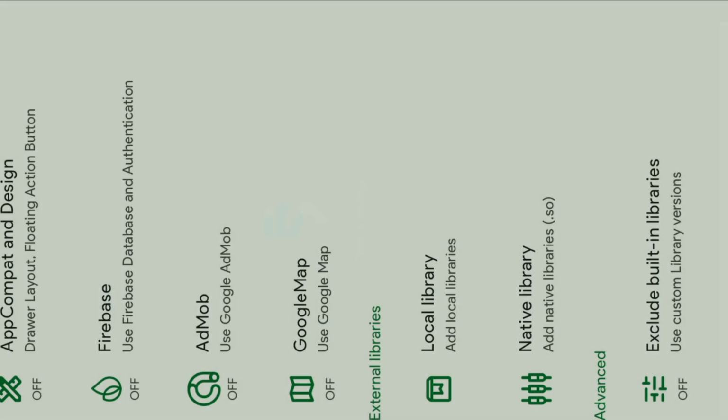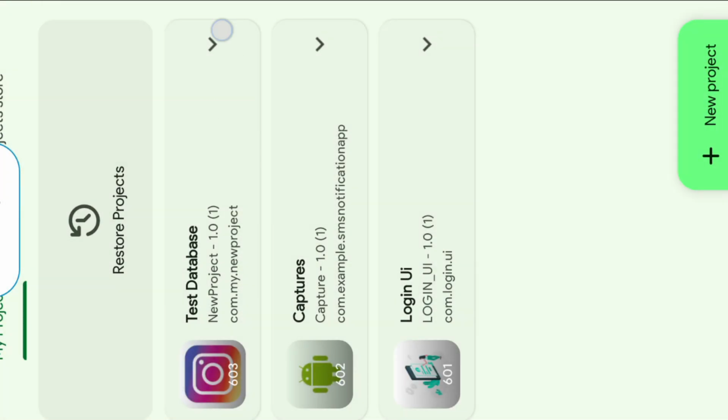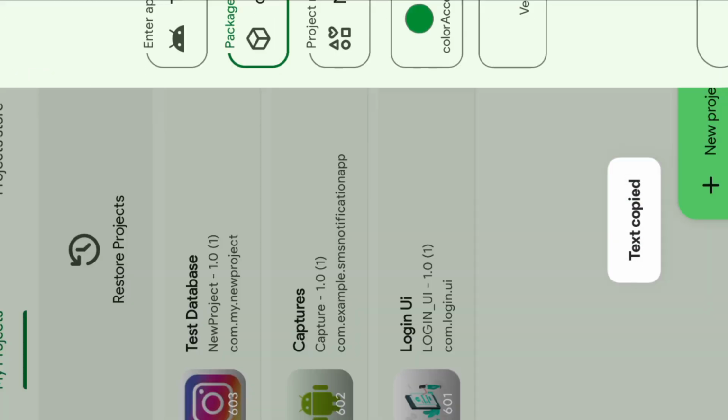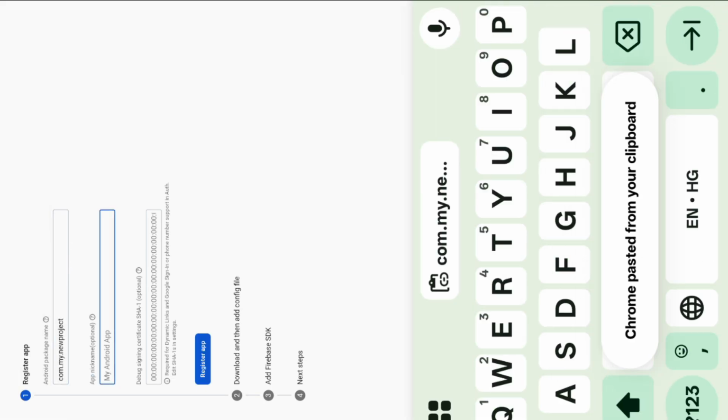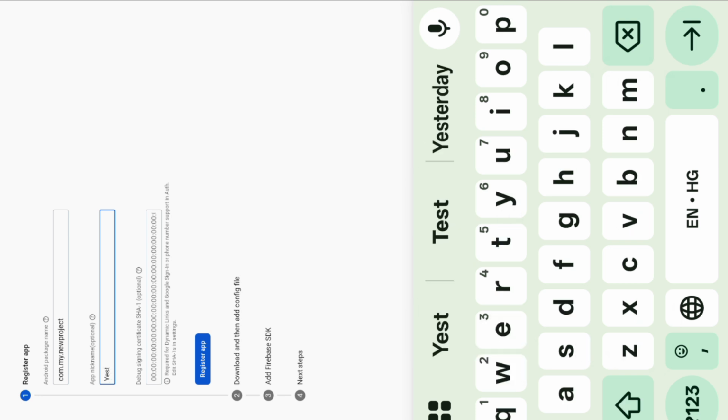So I get my package name and paste it here, and your application name. I just test, so I feel the name is test.